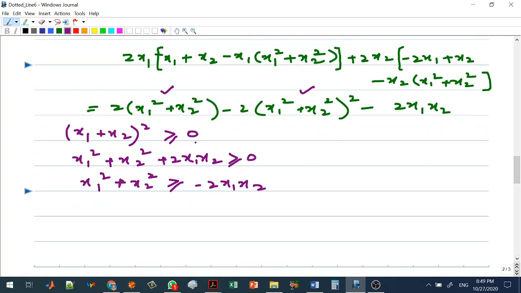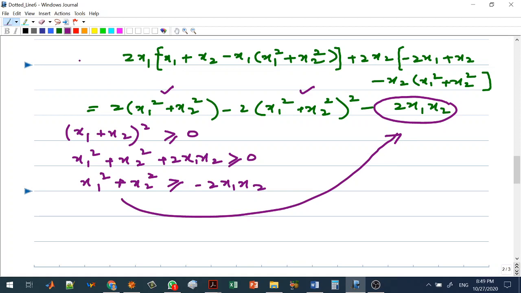Okay, so if we replace this quantity with this, then the resulting equation is going to be somewhat like this: